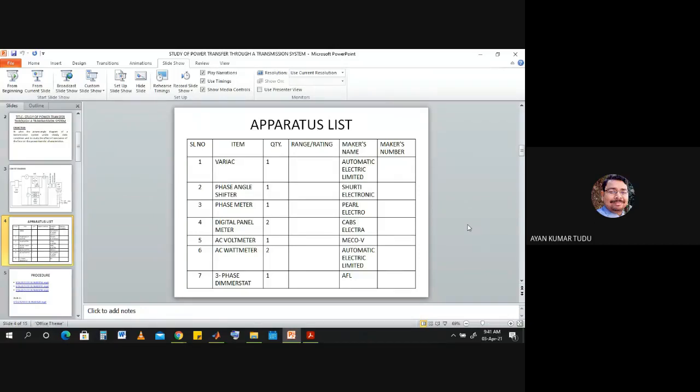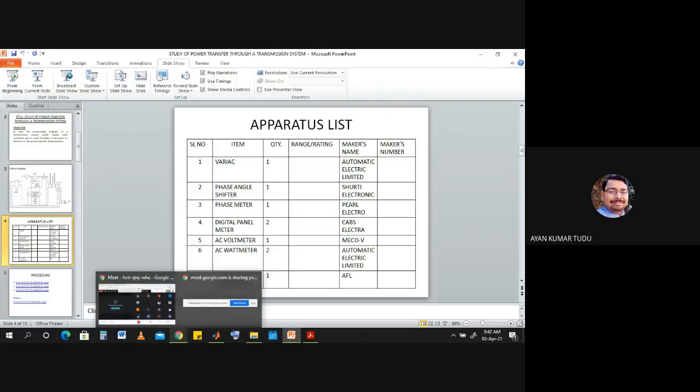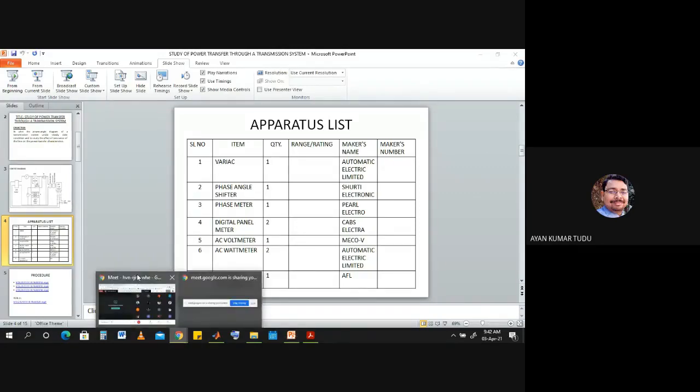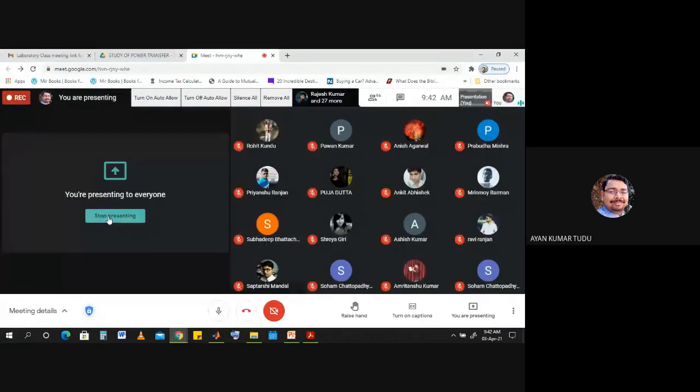Now let's go into the procedure, how we are doing it. For the procedure, I have to run this particular slide from our Google Drive, otherwise the sound will not be coming. So I'm stopping the presentation, and I'm selecting the tab view. And now in this tab view, we will be seeing the